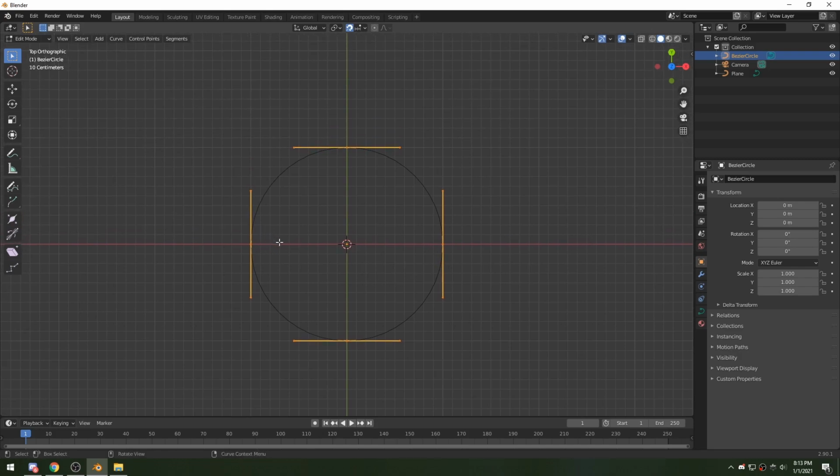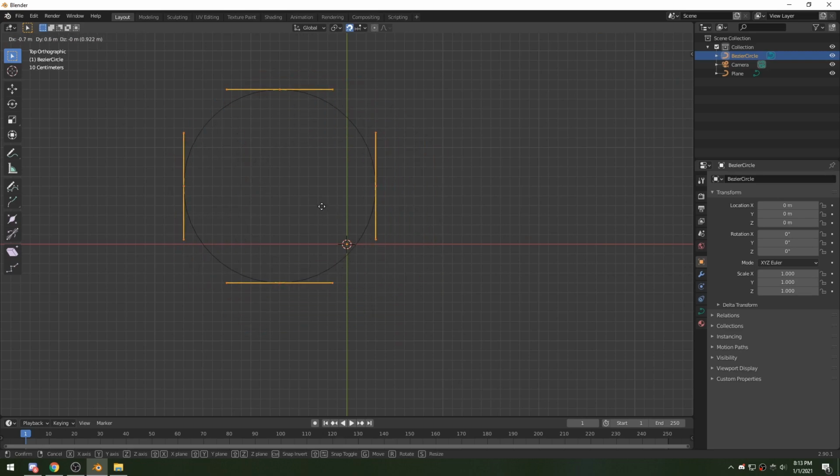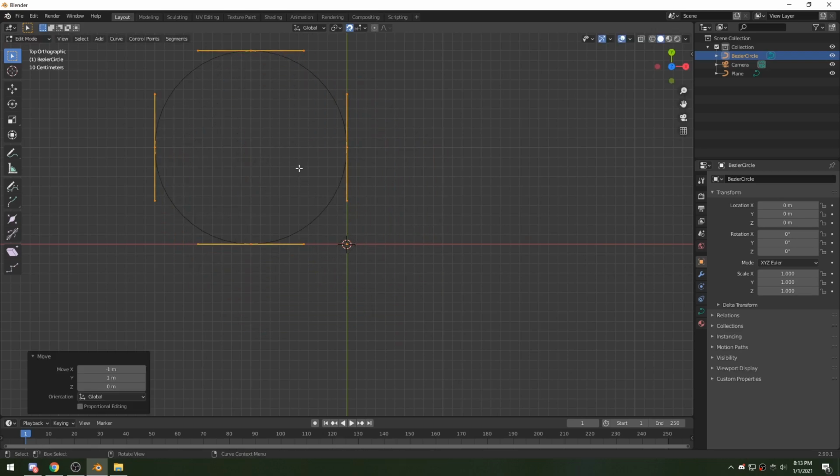So press G to move it around, and move it up until it lines up like this. And then what you want to do is press S, hold down Control to snap scale, and then you just scale it down one tab like this, one grid, I don't know, centimeter or whatever that is,